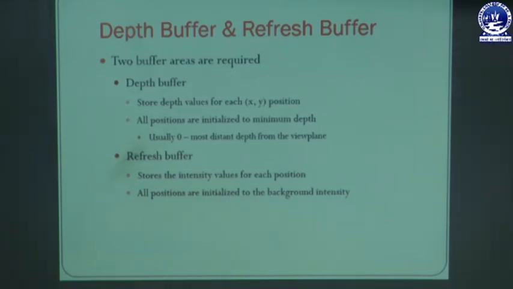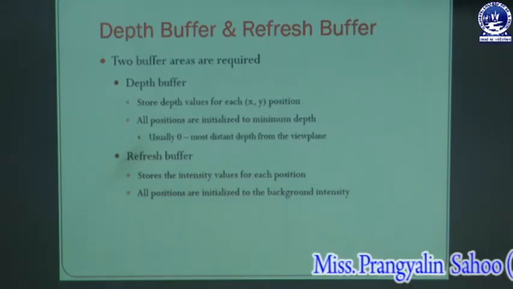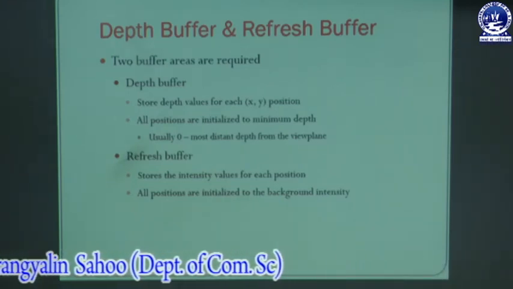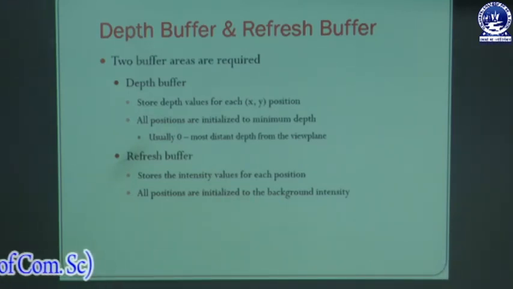And lastly, if this depth value is smaller than the corresponding depth value in the Z buffer, meaning it is closer to the viewpoint, then both the depth value in the Z buffer and the color value in the image buffer are replaced, by the new depth value and the color value of the surface calculated at that pixel position.